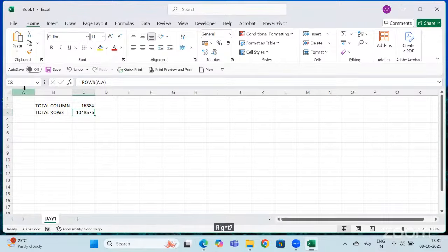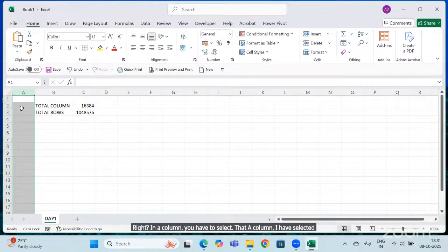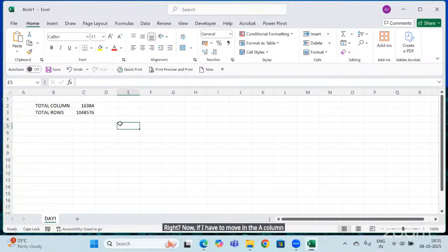I have selected the A column, and now I have to move in the A column. So what I've written, A is to A, means we go from the starting A to the end of the A, so that we can get the total rows. Similarly, as we have done for the columns. Got it, Sahil? Understood?